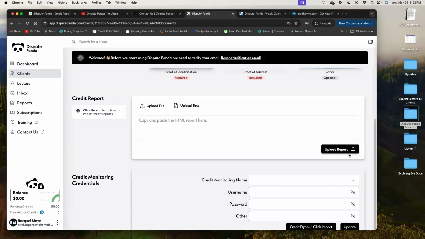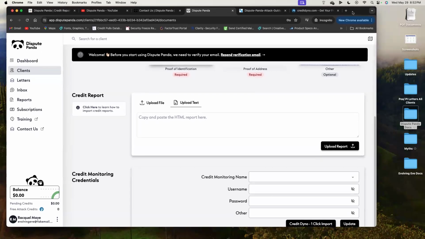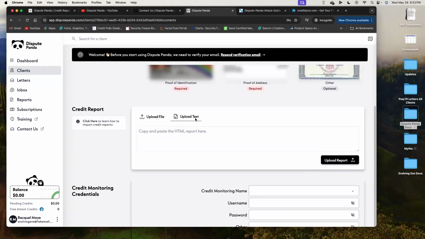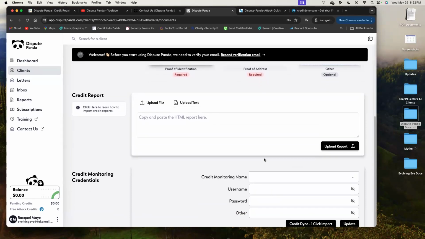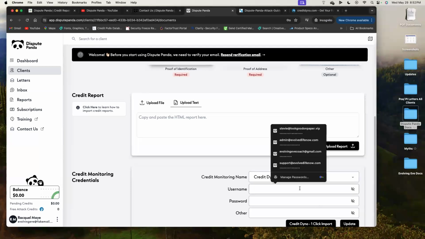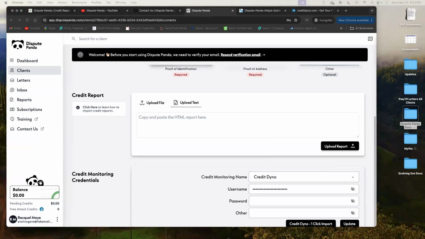If you're not using Credit Dino, then you have to log into that platform every 35 days, update the credit report, and then come back here and either upload it or grab the HTML file and put it in the system. If you are using Credit Dino, however, all you do is the one-click import. Every 35 days, you just come back into this platform, click one-click import, and it updates the file for your client. Okay, hang on one second.